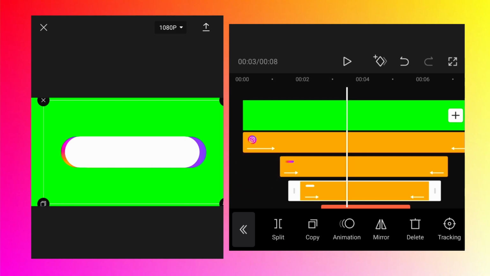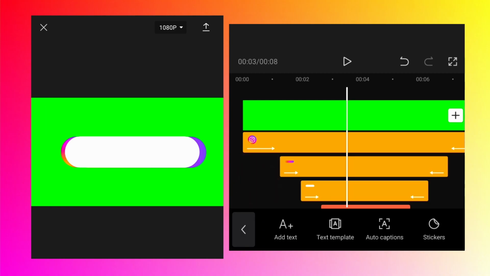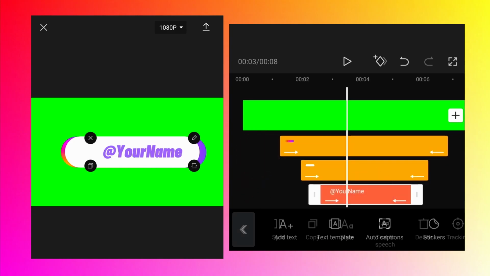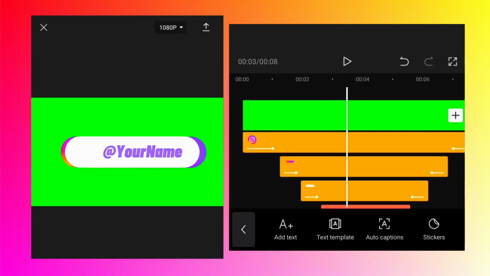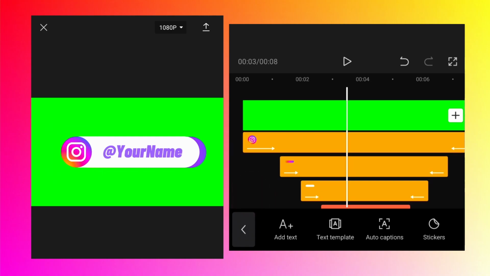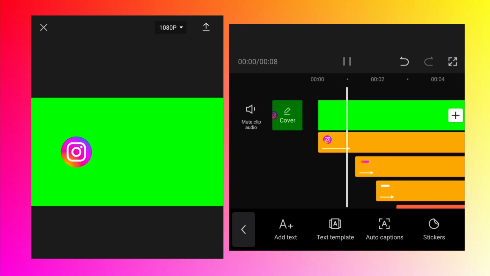Then select the text layer. For that I first need to unselect, then drag it up so that I can see the text layer. Tap on that, then you can see it is appearing on top of the white, and at the end you need to tap on the Instagram layer, and now you can see that everything is in the order we want. Let's preview it,